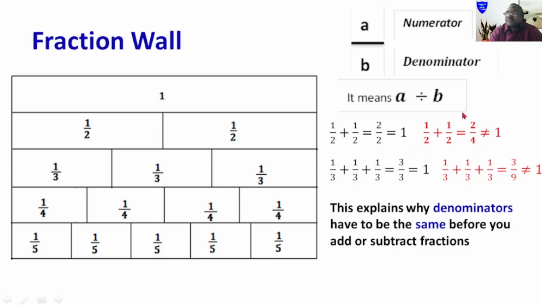Now, please, this is wrong. This is a misconception. You don't have to add the denominators together and the numerators together, because reality does not agree. If you add half plus half, it gives you 1. If you add it in this way, you come up with half again. So you can't add half and another half and get half, because 2 out of 4, if you cancel it down,